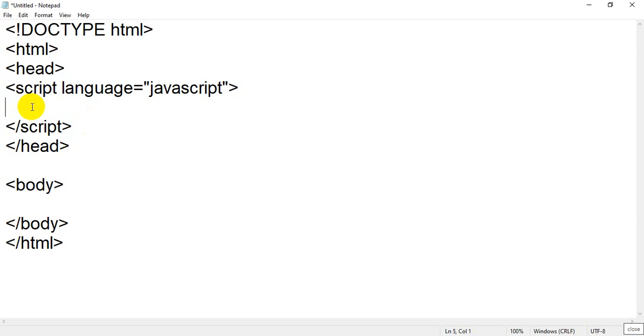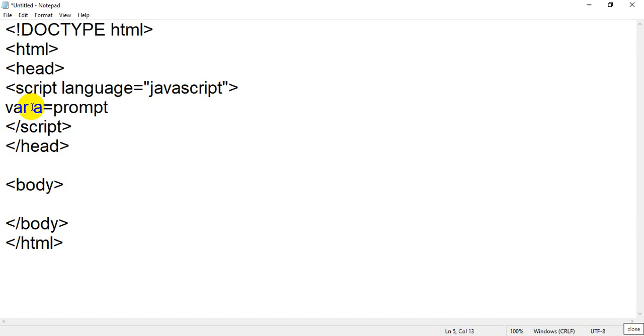Our objective is to write a program in which we will use a function called parseFloat. For this, first I will declare a variable, for example a, you can declare any variable. Where a equals, now I am going to use prompt. If you remember, we have done prompt.